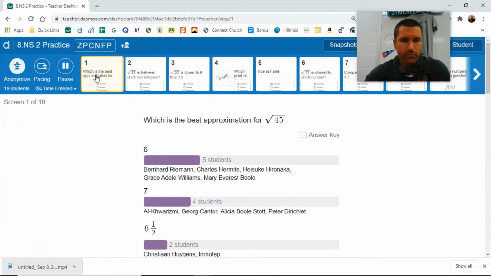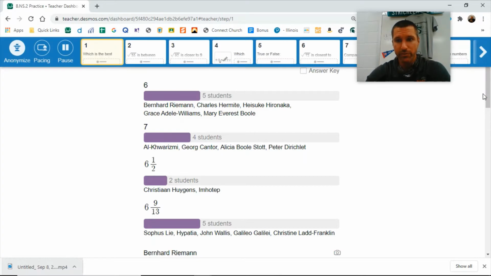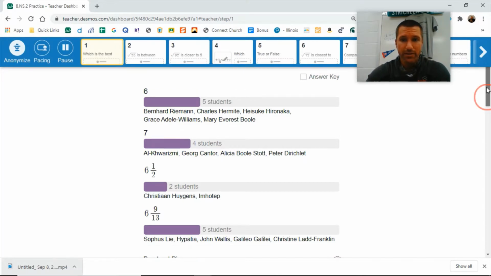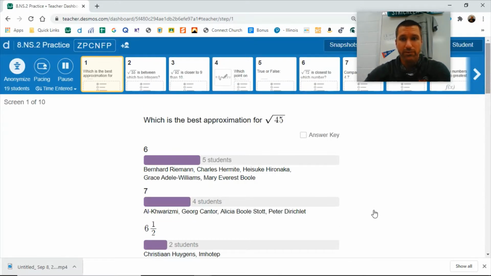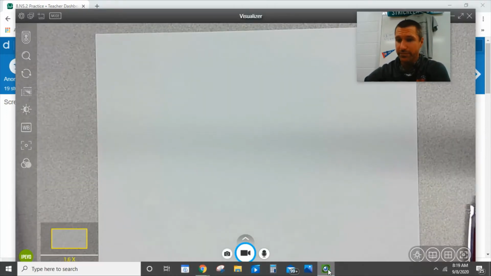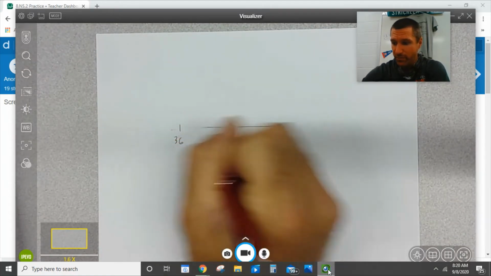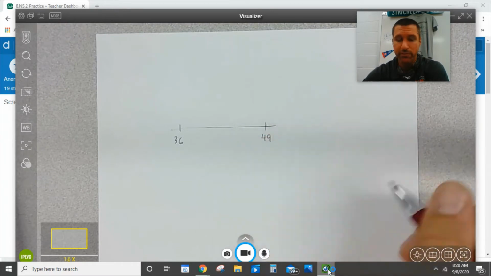It said, which is the best approximation for the square root of 45? So one thing that you could have done if you weren't sure is, first of all, analyze the words in the sentence. It says the best approximation, not a or an approximation. So some people chose 6 and some people chose 7. Even if you were just deciding between those two, there is a best answer between 6 and 7. I would have gone with 7 myself, because if you look at the perfect squares, 36 and 49,